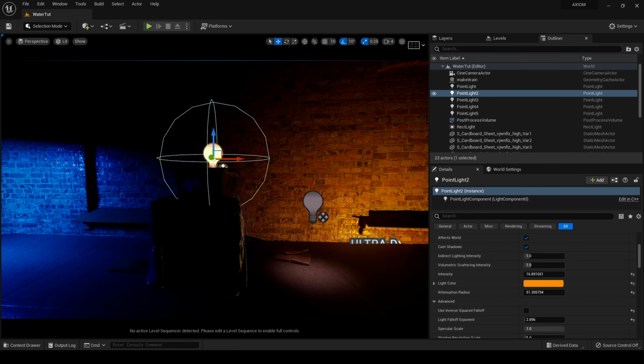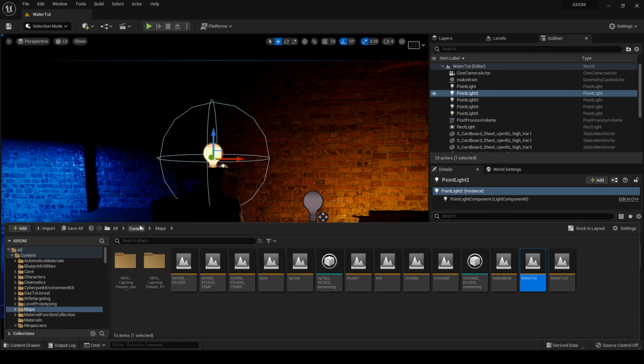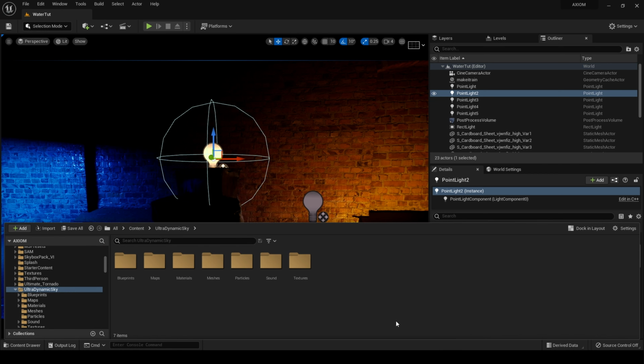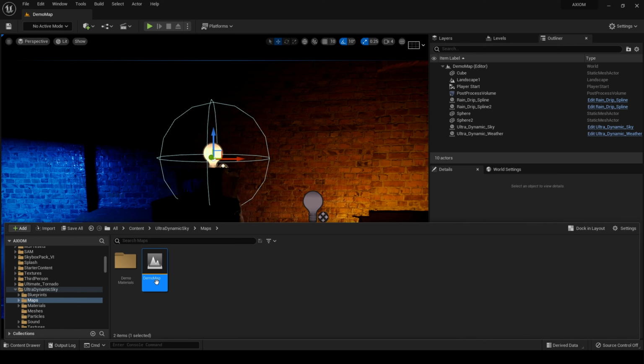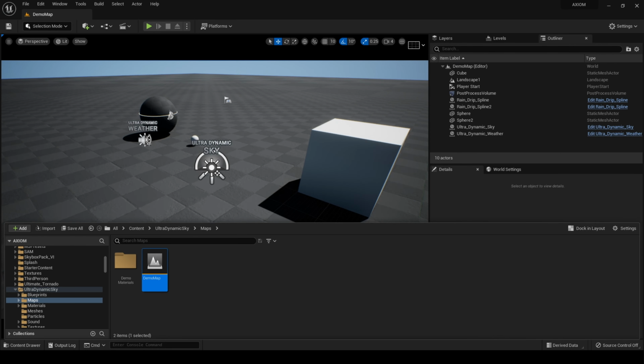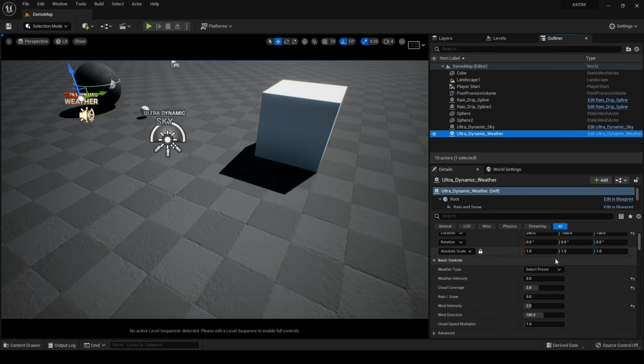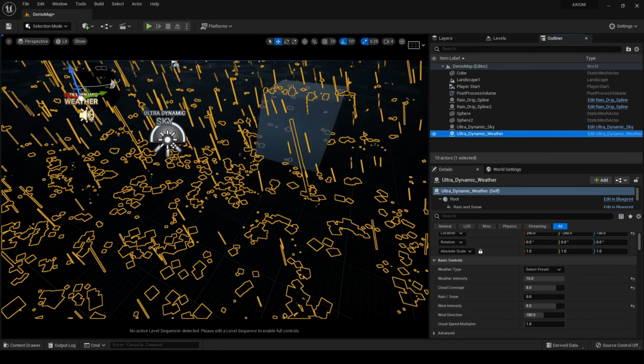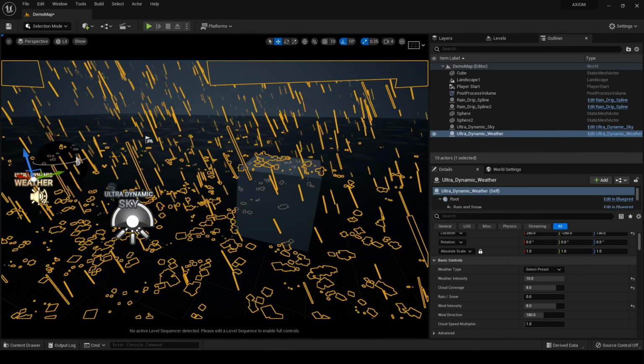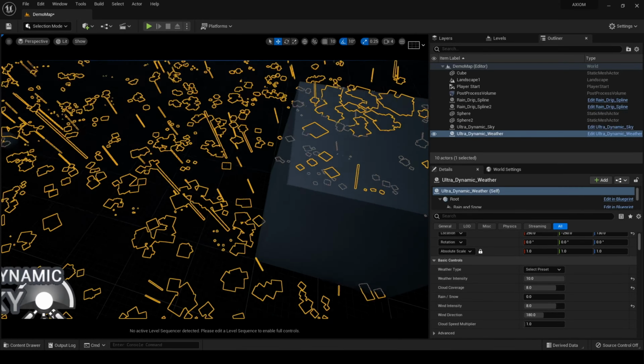Right, so if we go to UltraDynamic Sky, let's deal with the wet on the walls first and on the objects. If we go to UltraDynamic Sky, it does actually come with a demo map. Let's click on that. And it might take a while for the shaders to compile. Weather, and let's set this to thunderstorm. And as you can see, it has puddles,